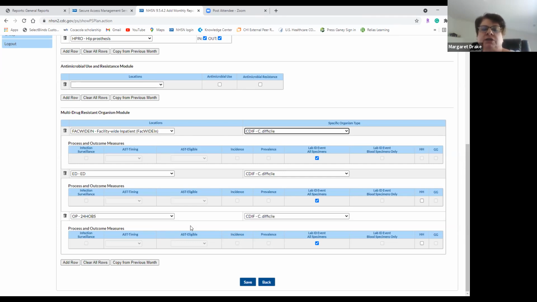So then what are you going to do? You see, it even already defaulted to lab ID, all specimens, because with CDI, it would be any stool specimen that's positive for it. So actually, there you go. Your C. diff is done. Then if you go add rows,